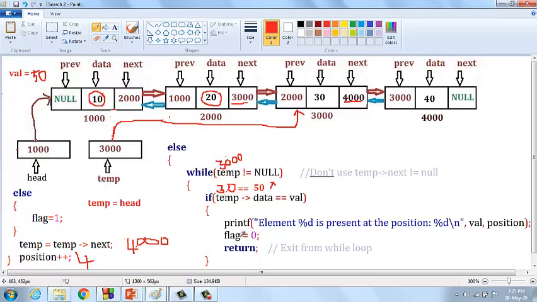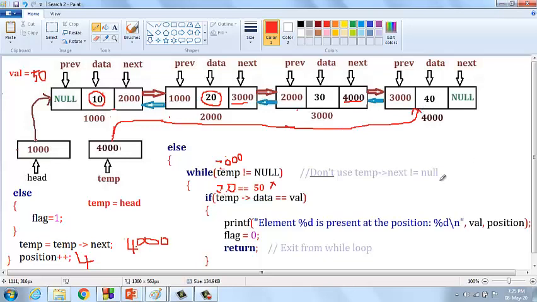Position equal to 4, and temp should be changed to 4000, because temp equals temp of next, 4000. Temp points from the third node to the fourth node, and the connection is terminated from the third node and points to the fourth node in the given linked list.